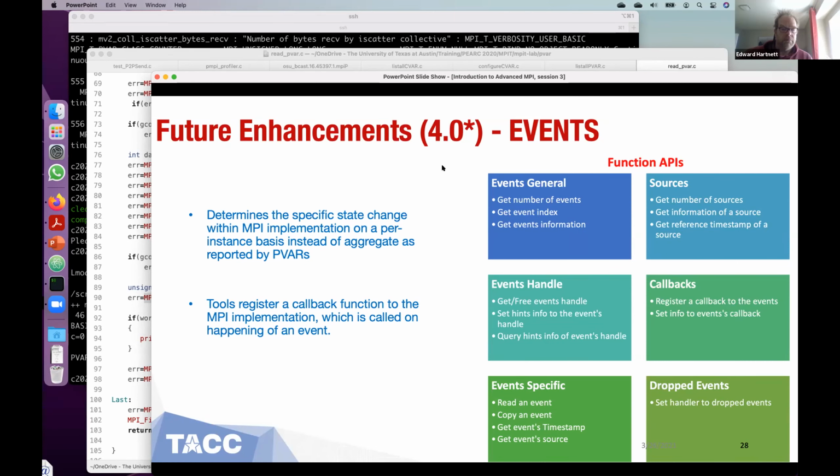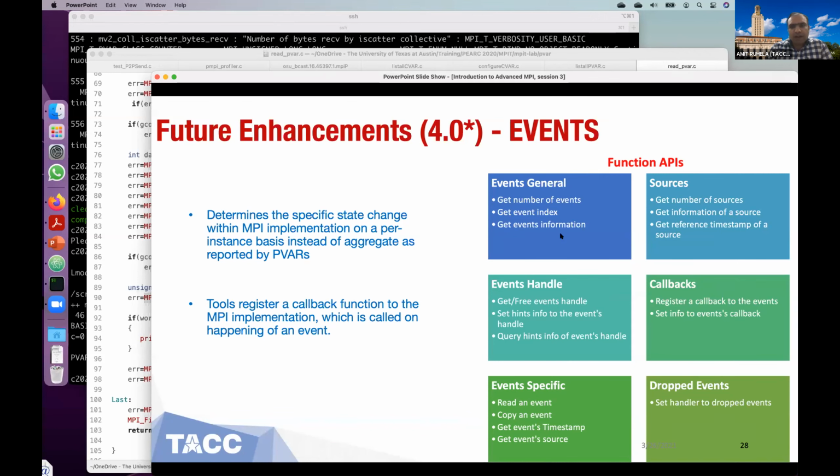So the event interface is a way to determine the specific state change within the MPI implementation on a per instance basis. So if any process changes its value, it can trigger an event, and the tools interface can capture that event and make a certain tuning of that MPI implementation.